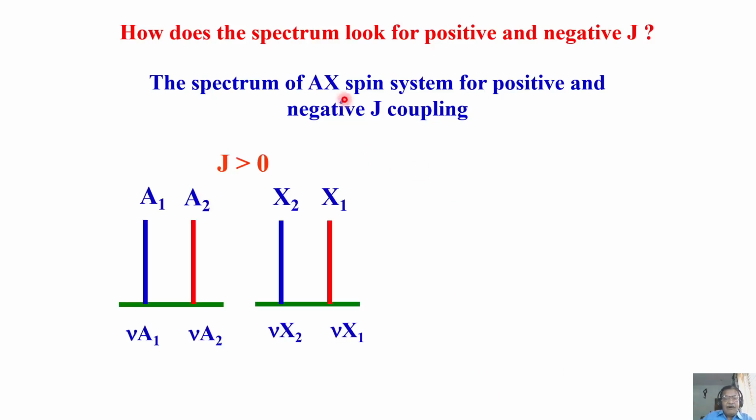Let us understand that. Now I consider a situation of two coupled spins, maybe a CH coupling, carbon and proton. It doesn't matter. We consider a one-bond carbon-proton coupling, and we know J is positive for it. Assume carbon-13 is also highly abundant, in the sense of a labeled system. If I look at the proton, I get 2 peaks. If I look at the carbon, I get 2 peaks. It is an AX spin system, 2 lines for proton and 2 lines for carbon. Now I am plotting them next to each other. This is for the A spin, proton, and this is for the X spin, carbon-13.